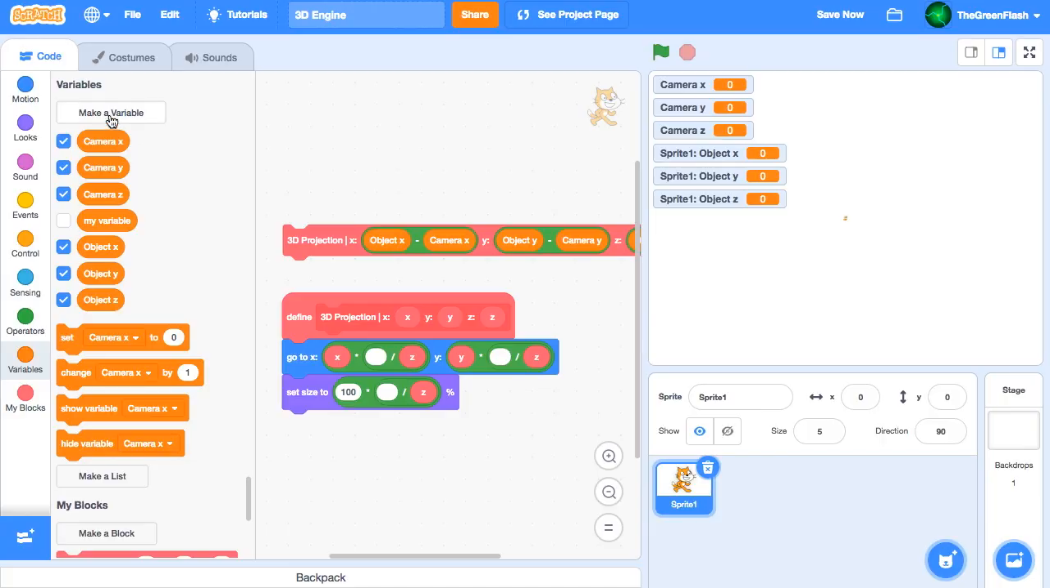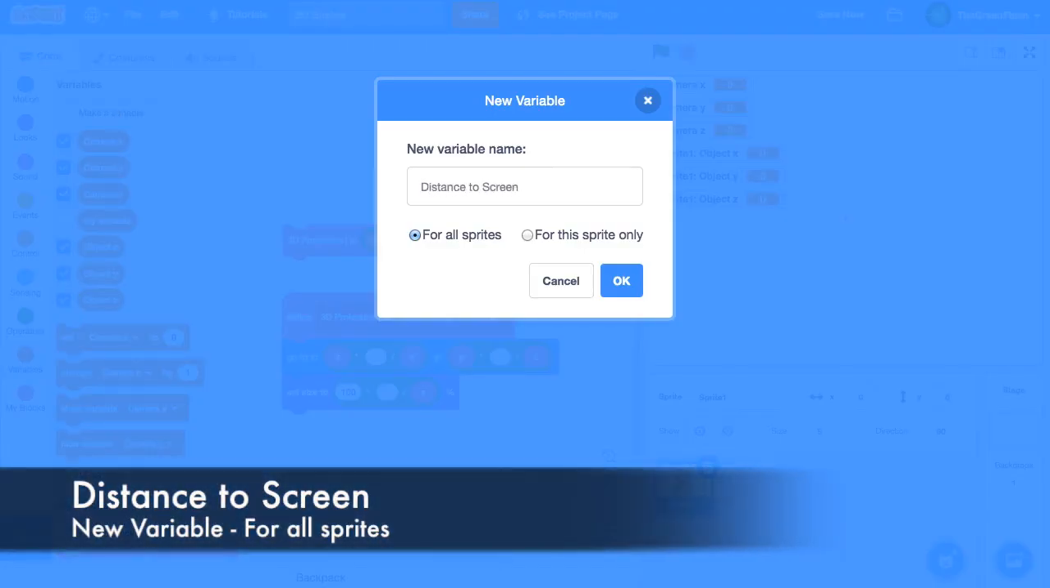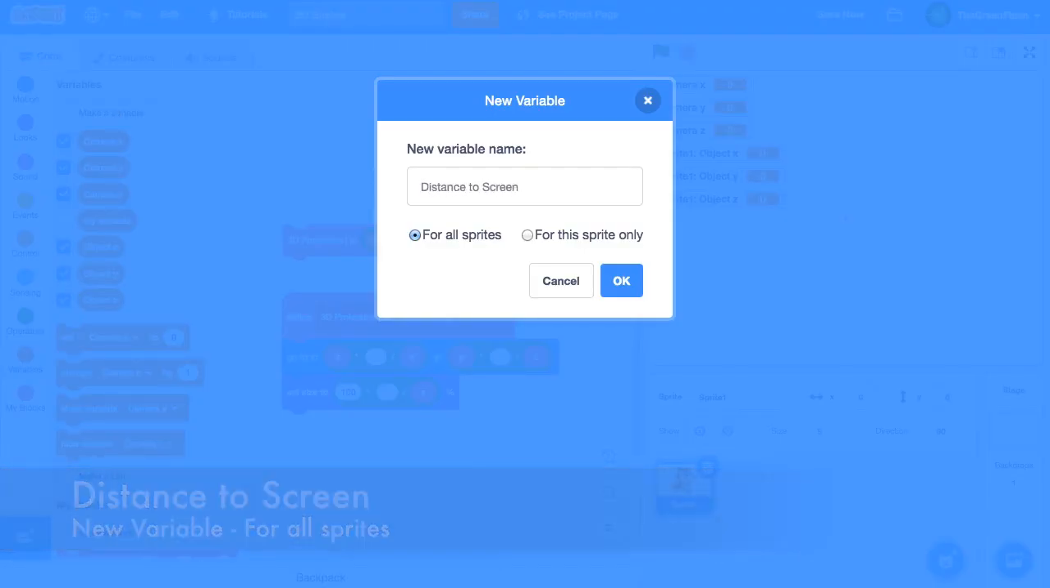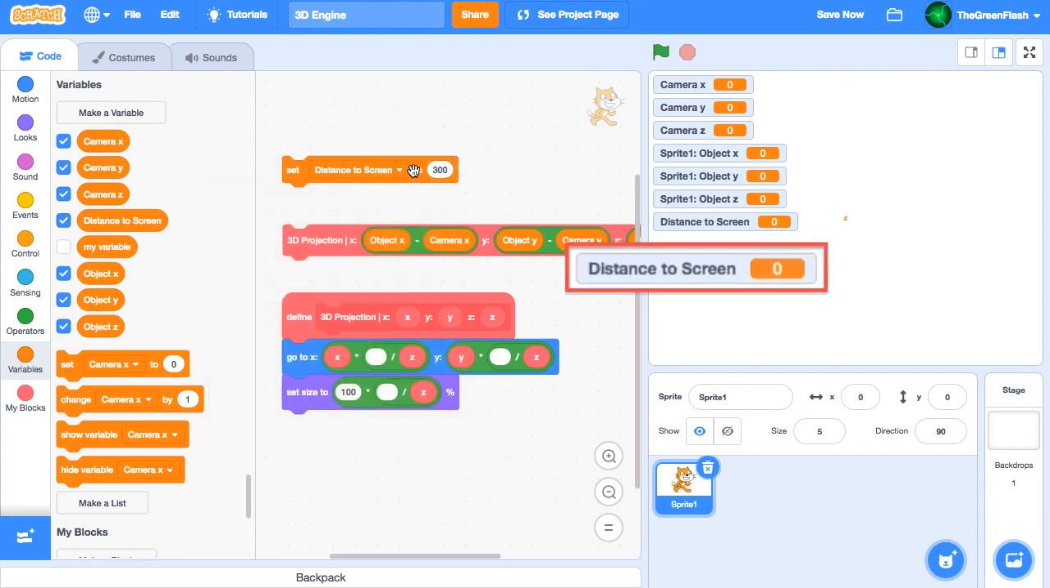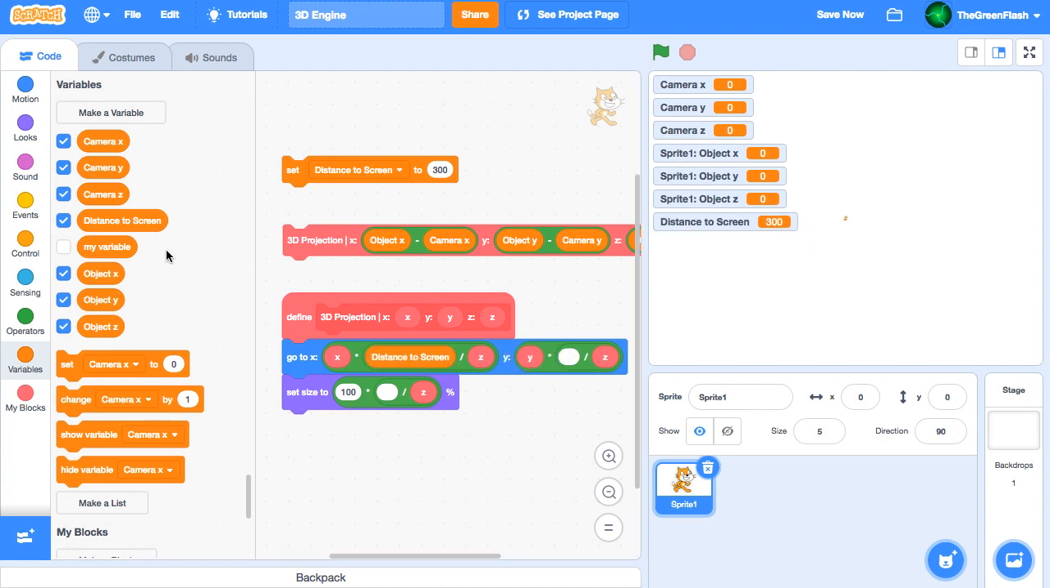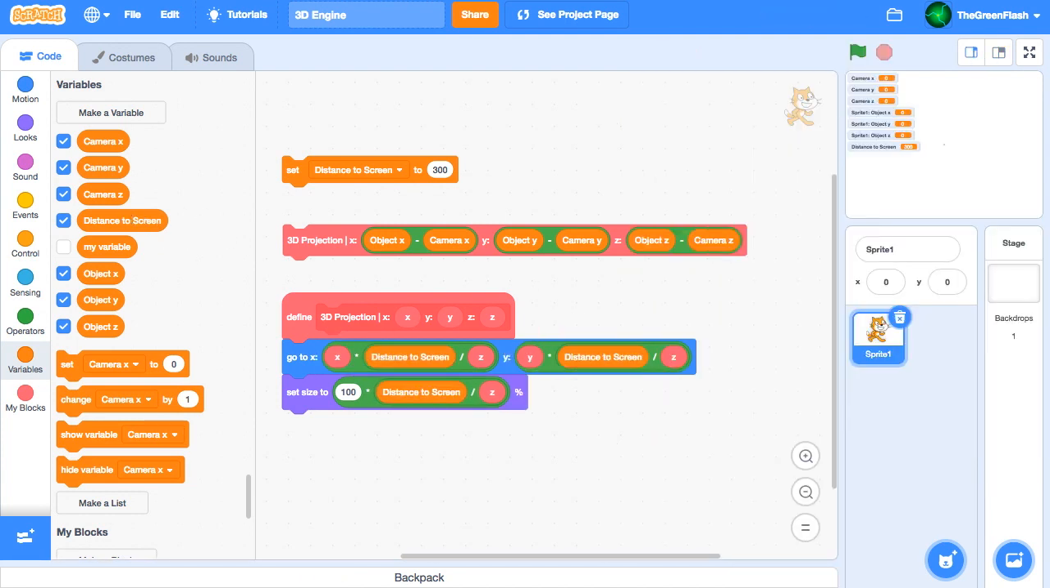Now we need one more variable: distance to screen, which will be for all sprites. For now, we'll set this to 300. This represents the distance from the camera to the screen on which we will be projecting the objects. To understand why we need this, let's look at where we get the mathematical expressions that are used in this